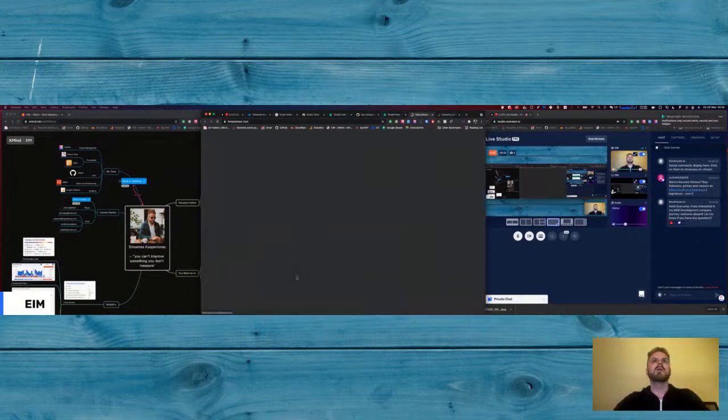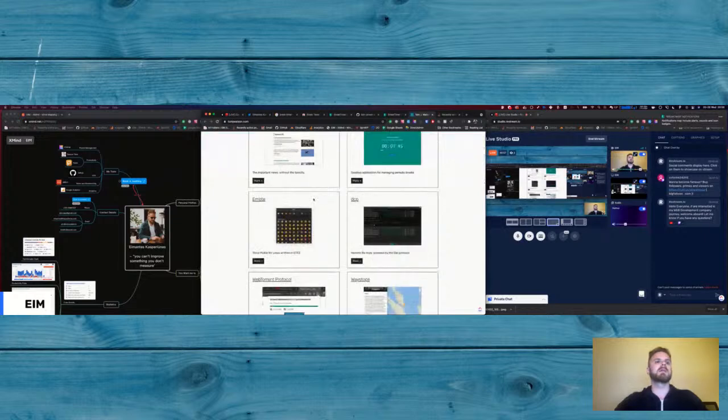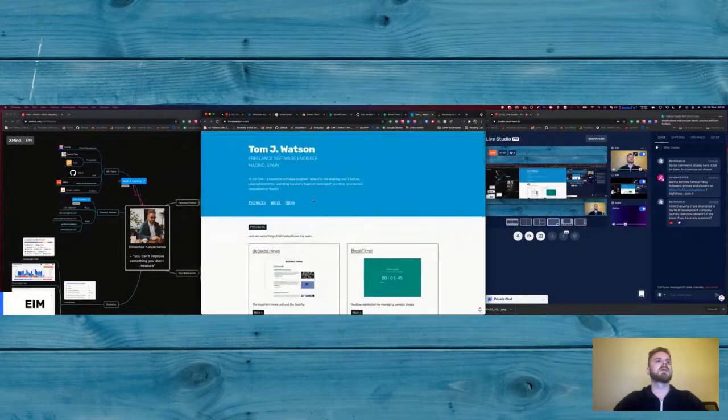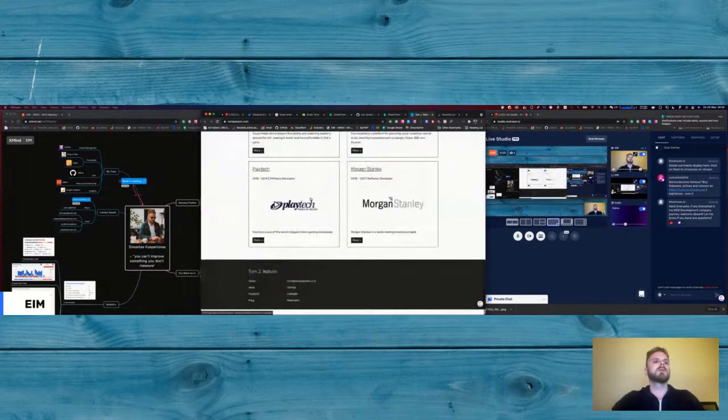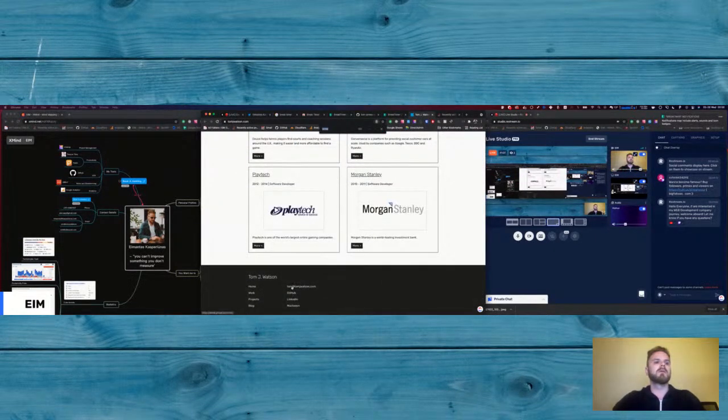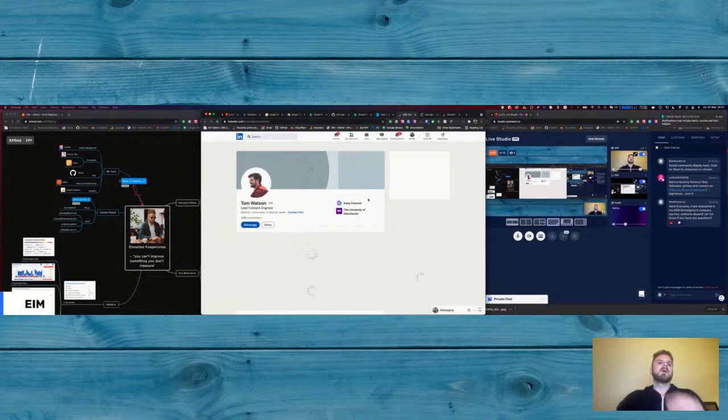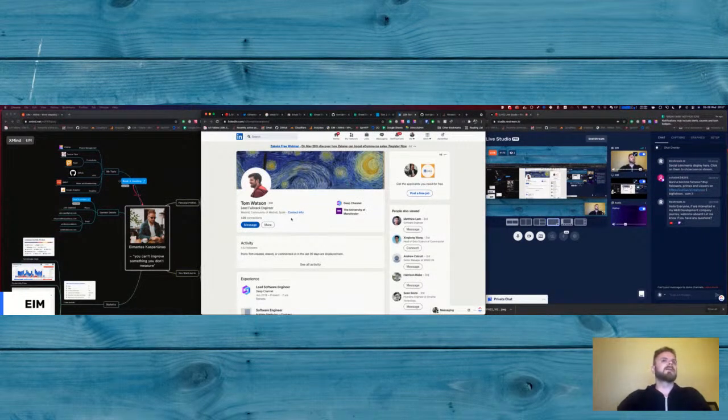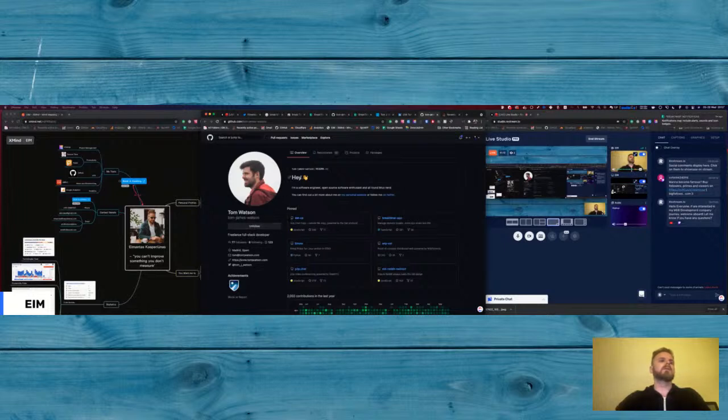GitHub and Tom Watson. And Tom Watson, he has some nice applications. I like this guy. Can I reach him on Twitter? No, it's not Twitter, it's LinkedIn and GitHub. Okay, guy from Spain. Okay, that's great. Let's drop him a follow. He has some nice open source repositories. I'm all about supporting the open source movement and doing things openly and transparently, as you can see from what I'm doing here. So I'm going to reach out to this guy with a GitHub sponsorship request.